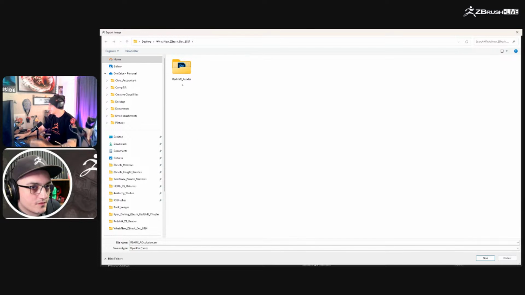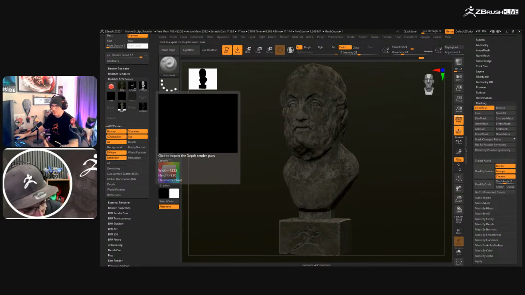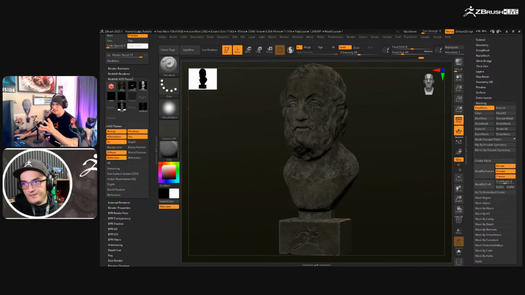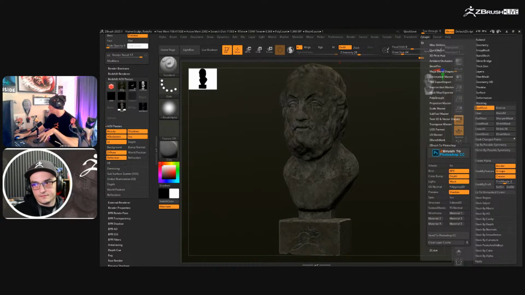So you just pick the one that you want and then save that wherever you need to, and then you'd be good to go. And you just click every single one of those that you want. I will say this right now, that I know some of you might already ask, so I'll just call it out. The ZBrush to Photoshop, this one right now is BPR friendly only, but conversations and stuff like that,